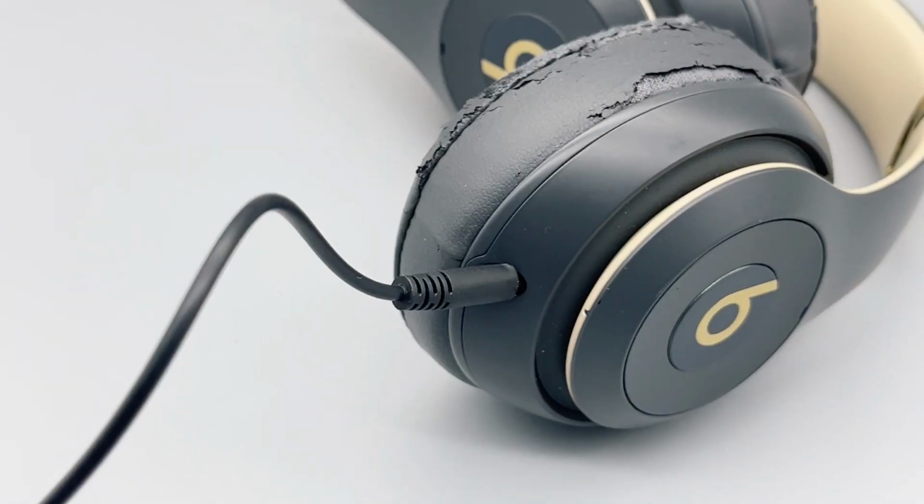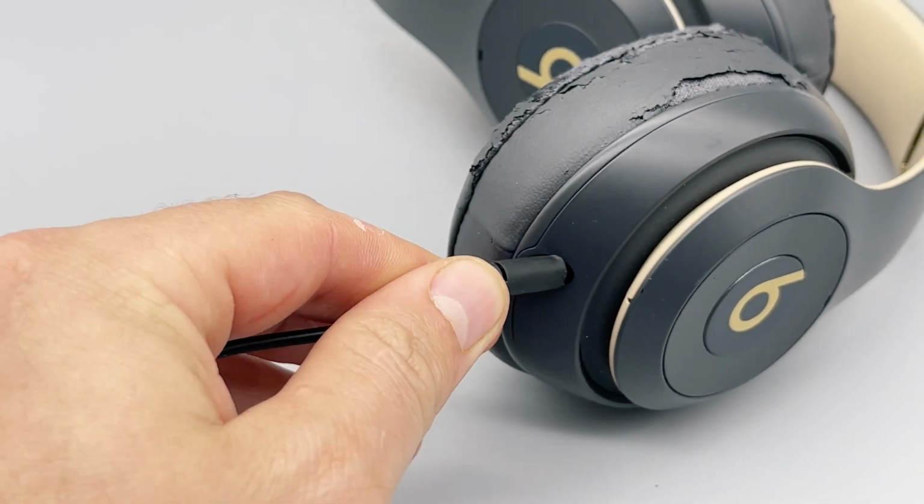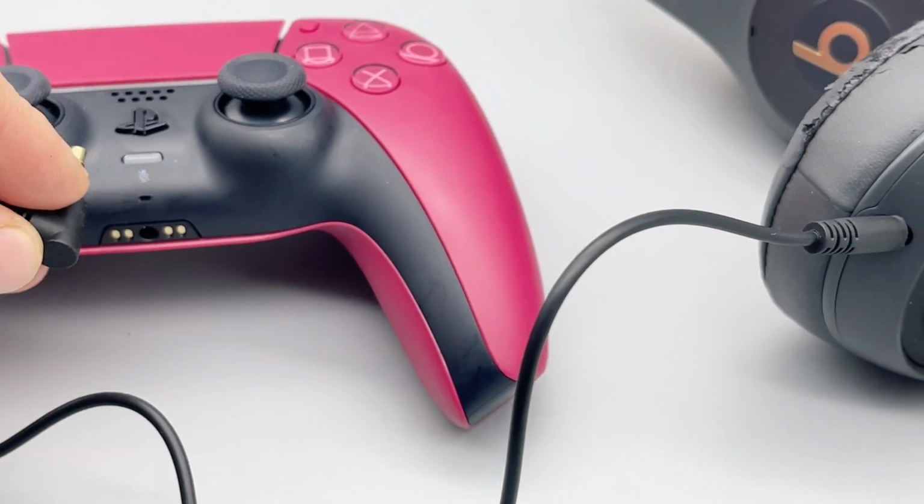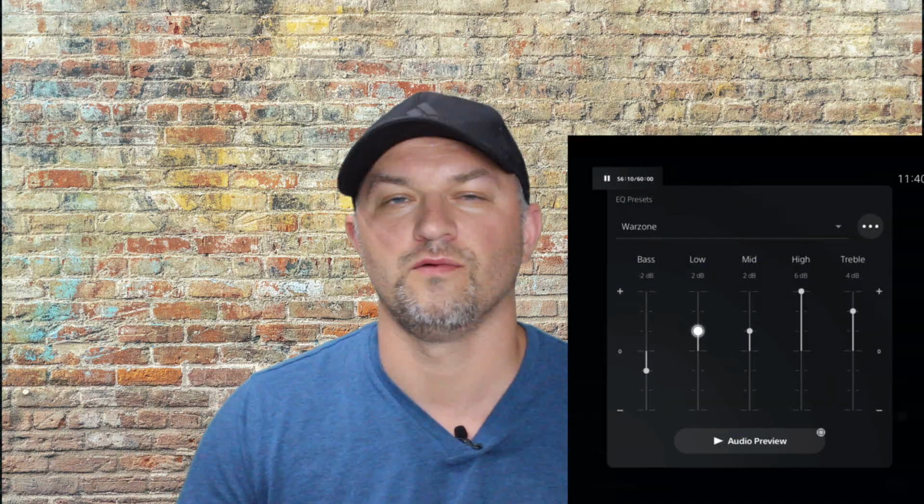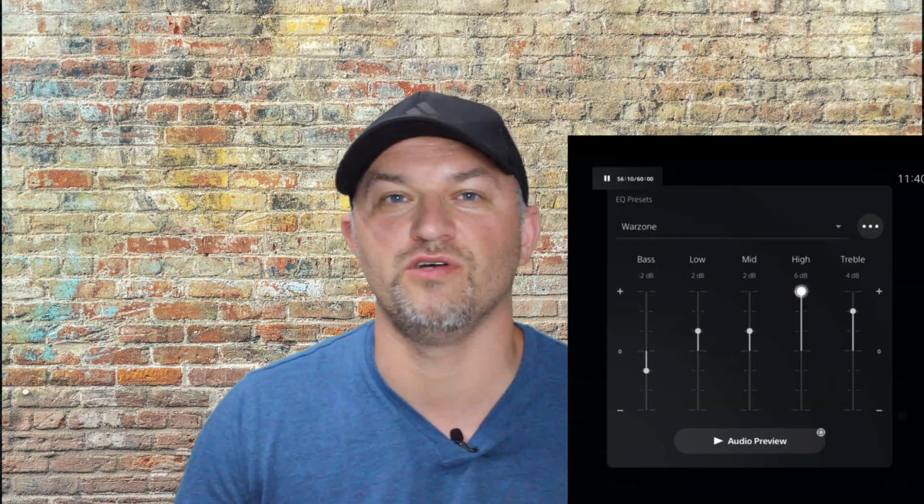So when I first got this pair of headsets, I wasn't very impressed with the sound quality in them. I ended up using my Beats Studio. And the cool thing is you could plug them straight into your PS5 controller. But even then, I was not satisfied with the audio and the footstep sound until I found out that these headsets and many other gaming headsets come with adjustable EQ preset settings, which allow you to customize your audio input.